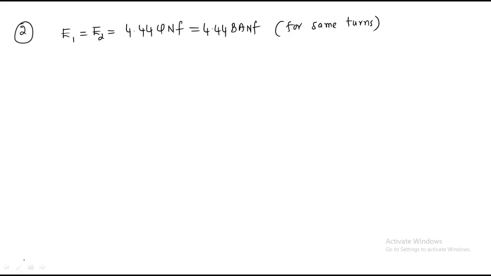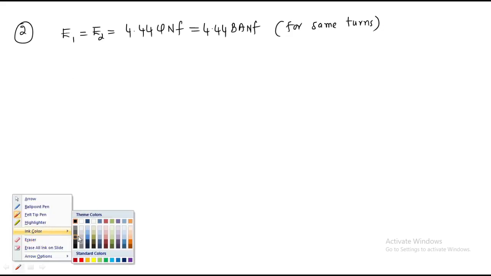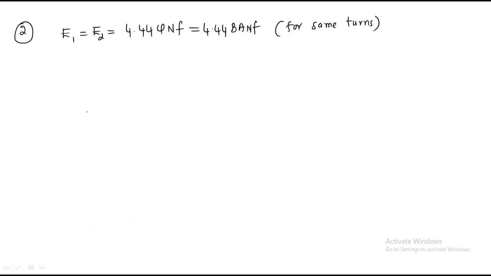Here the point is different from the number of turns. Once the transformer is manufactured, which ones are constant? When the transformer is manufactured, the number of turns and area are constant,